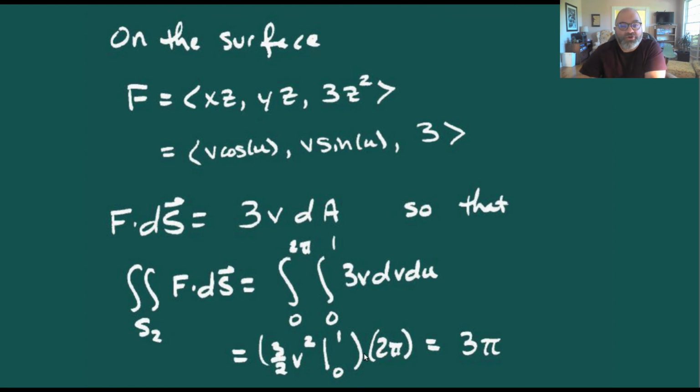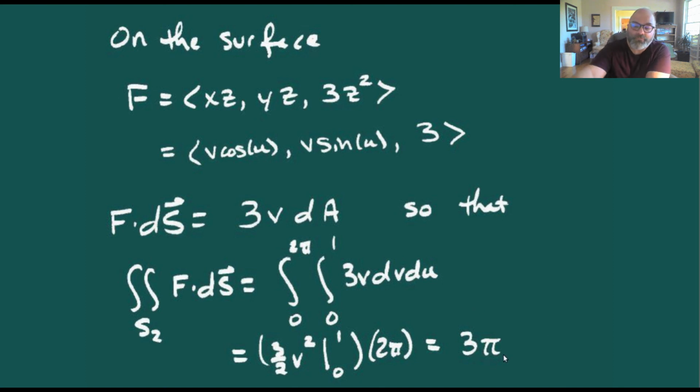So that on our surface, if we plug in our coordinate functions, we get values of v cosine u, v sine u, and 3. And our F dot dS just ends up becoming 3v dA. So that our surface integral just becomes a nice, simple form: integral 0 to 2 pi, 0 to 1 of 3v dv du,